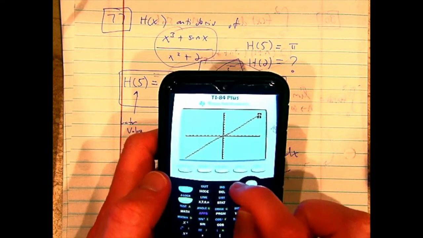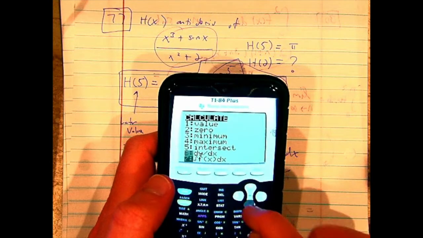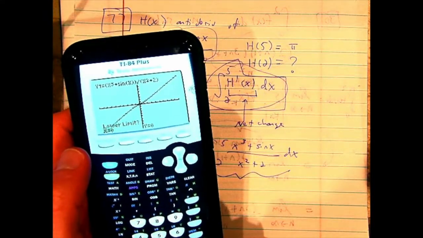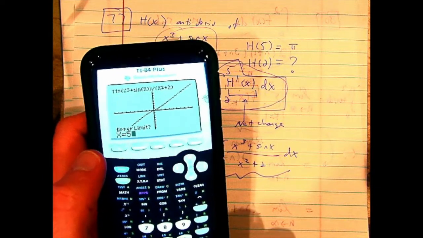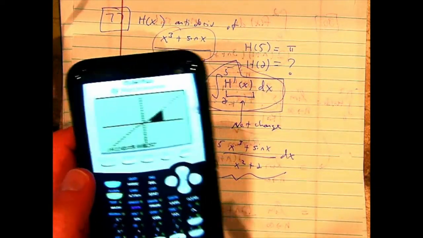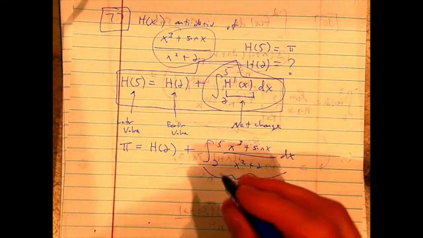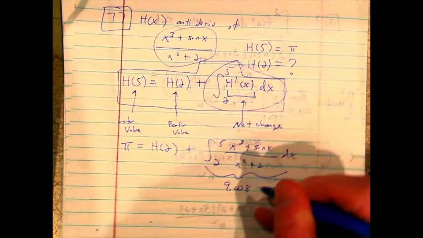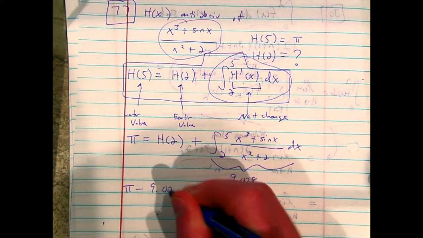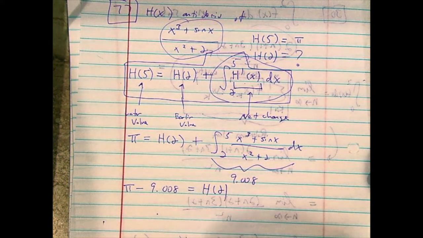So I hit second and then calc, and I go down to the integral symbol here, hit enter. Lower limit is 2, upper limit is 5. Okay, so there's the area. So that looks like 9.008 or something. So this is 9.008. So therefore I find that pi minus 9.008 is equal to h of 2, which gives me something like